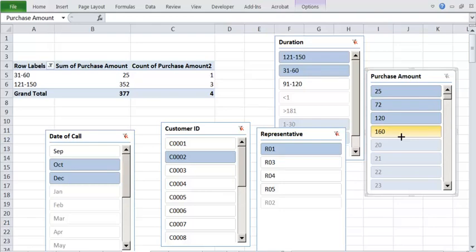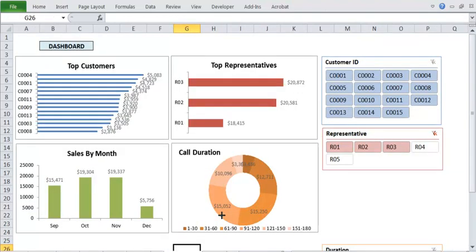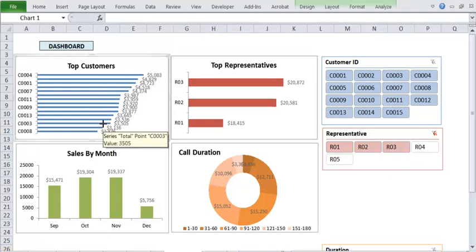Now one of the best things about the pivot tables is that they can be used to create a very nice dashboard. So one dashboard we have over here. Here we have the top customers. We have given all the customers. So you see that C004 5000 to 2876. So you can get who are your top customers. Then who are your top representatives.